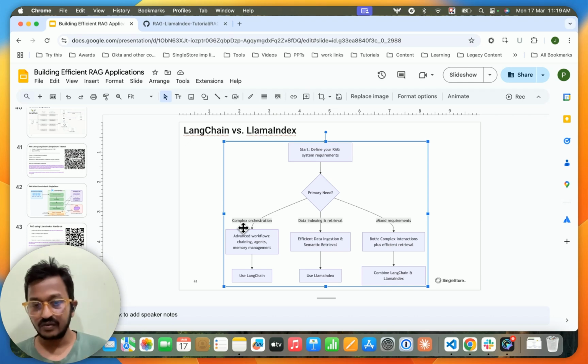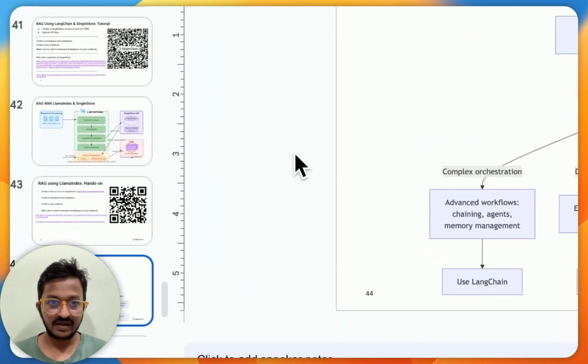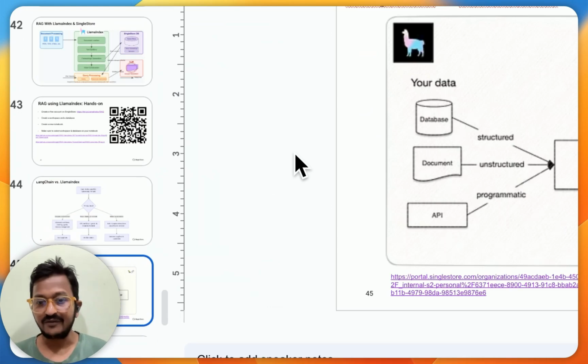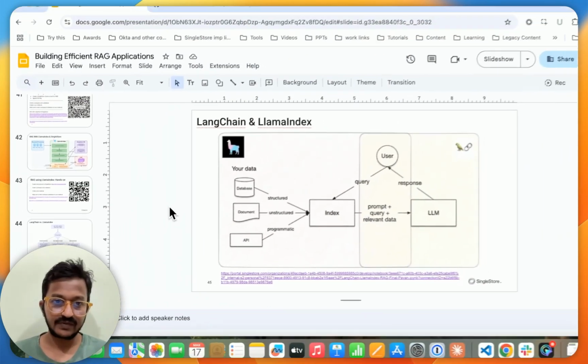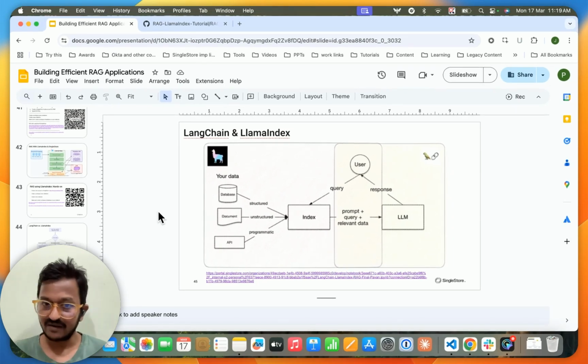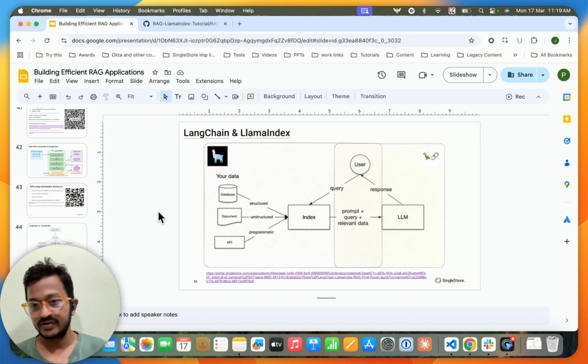And also, some people suggest using both. You can also combine both and see the results if you have mixed requirements for your RAG project. I have not seen many people using both, but you can use both. For the first half, to load and index your data, you can use LlamaIndex, and for the second part, to create prompt templates, to query and do all those things to get relevant answers, you can basically use LangChain.